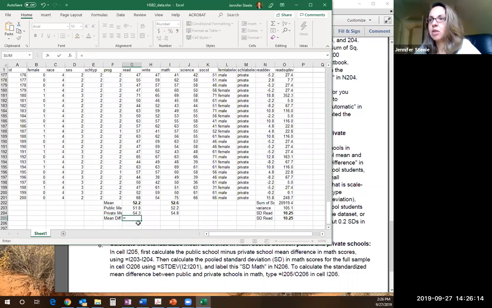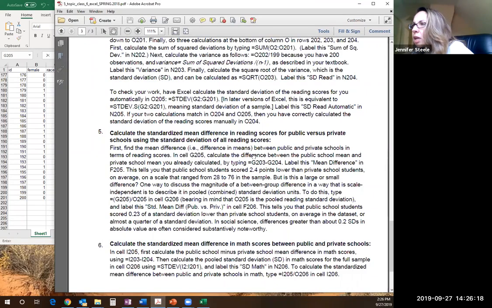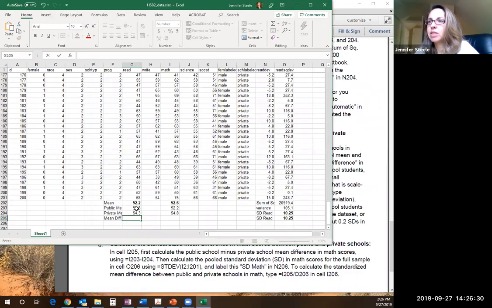And it's going to be equals... oh wait, what are we doing? Public first. So it's going to be the difference between public school and private school. So we're going to do 203 minus 204. So it's going to be public minus private. Okay. So public minus private is going to be equals